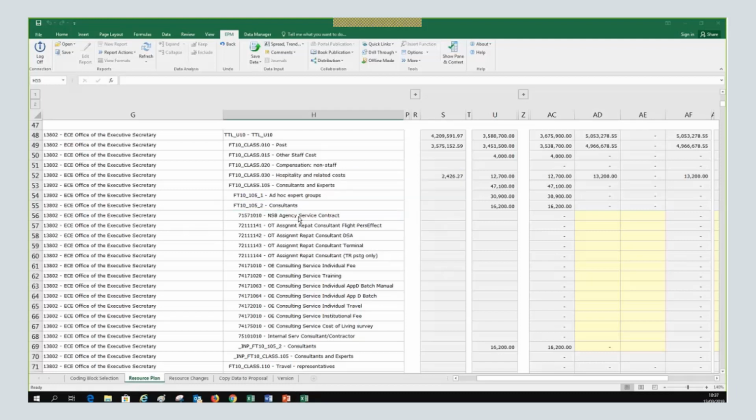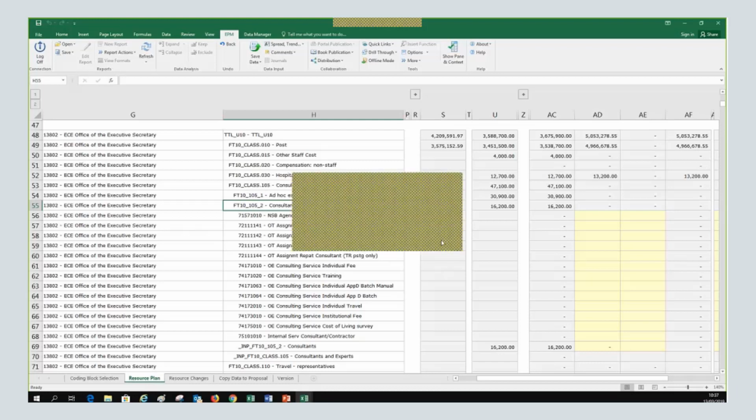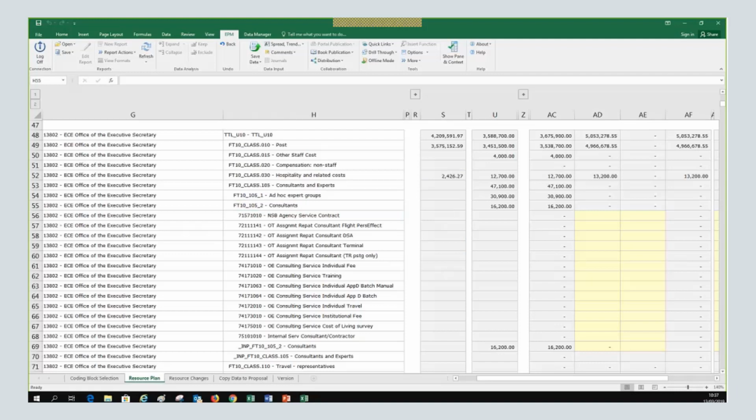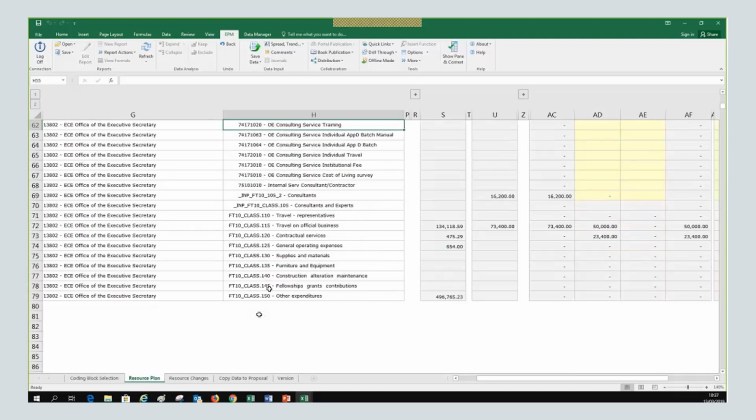Okay? Now, is it clear now what is the hierarchy of the commitment item? It's all about the nature of the expenditure. Okay? And then you see a breakdown of budget subclasses, and eventually you have this commitment item. Every commitment item identifies the one nature of expenditure. For example, if we go to other one like furniture and equipment, you will also see it immediately.